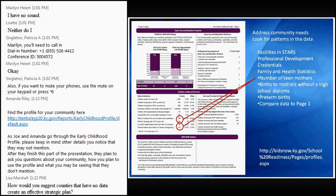So you can also look at the family information as well. So this is more like health and family information. These are important indicators for a couple different reasons. If you were able to join us at the Institute within the data session, the one indicator that